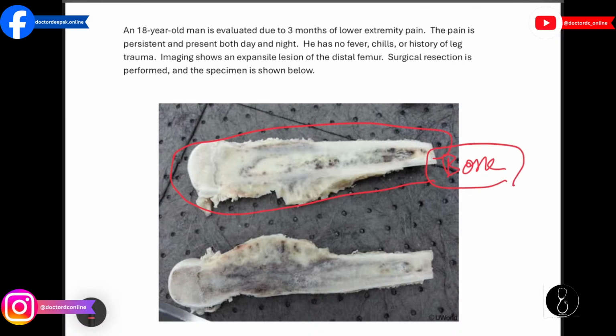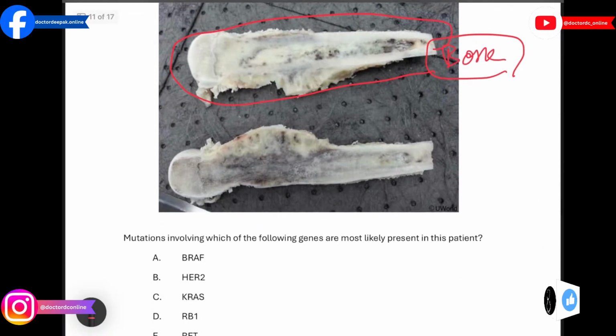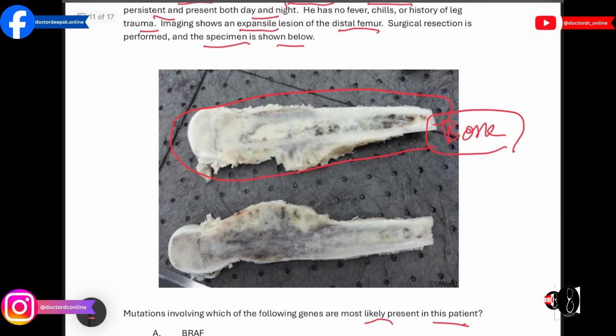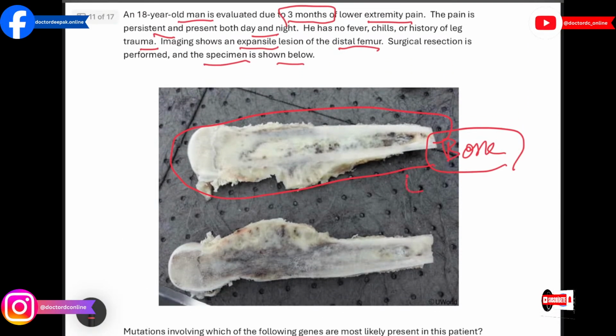Okay, so first we have the question: an 18-year-old man is evaluated for 3 months of lower extremity pain. The pain is persistent and present both day and night. He has no fever, chills, or history of leg trauma. Imaging shows an expansile lesion of the diaphysis. Surgical dissection is performed and the specimen is shown below. A mutation in which of the following genes is most likely present in this patient? Actually, it is related to the bone